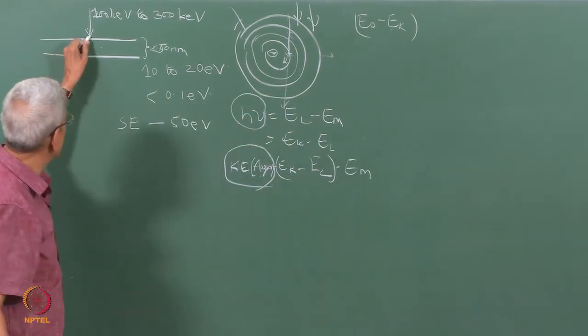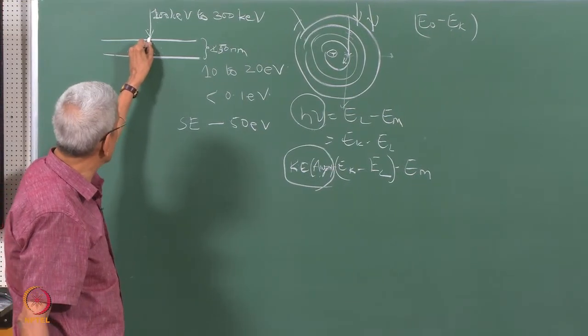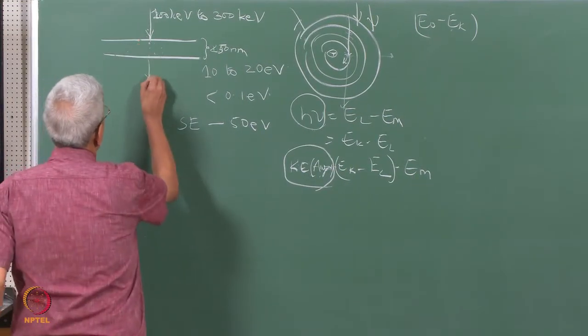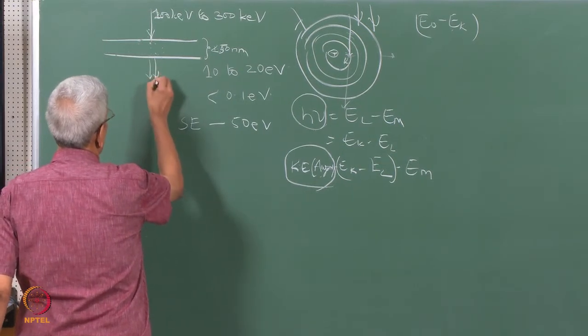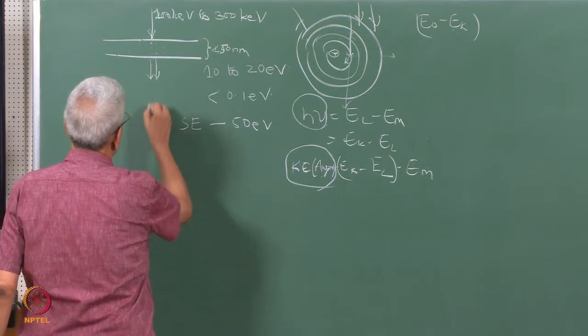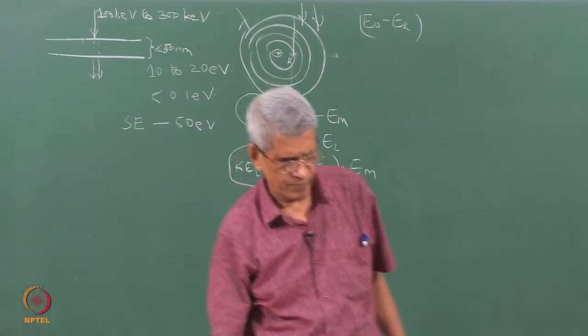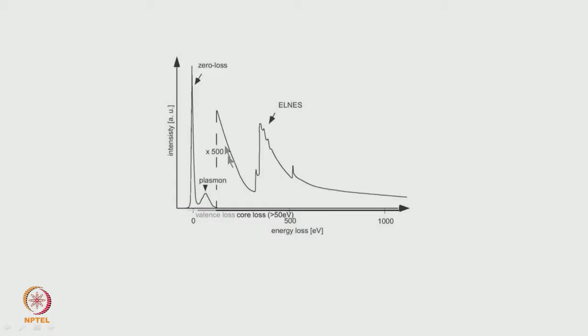By various processes which are being mentioned, the electron loses energy. The electrons which are coming out of the sample surface include monoenergetic electrons; some electrons are coming out with the same energy. There are some electrons which have lost different amounts of energy by processes which we have mentioned. If we do a quantitative analysis of how many of the electrons have lost energy, that is what is essentially being plotted: energy loss versus the intensity.